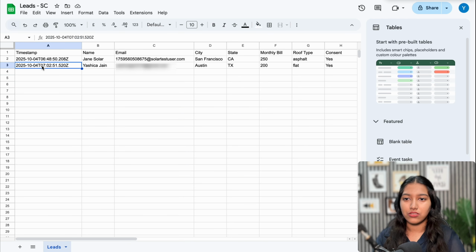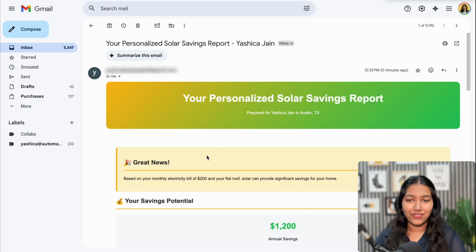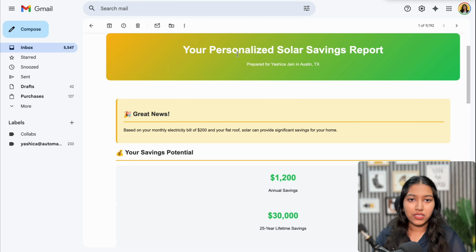All right, so timestamp, name, email, city, state, monthly bill, roof type, and the consent. Let me also open my inbox to see if we have received it or not. You know what? We have received it. So your personalized solar savings report, Yashika Jain. Basically it has personalized the subject line with the name. So your personalized solar savings report prepared for Yashika Jain in Austin, Texas.